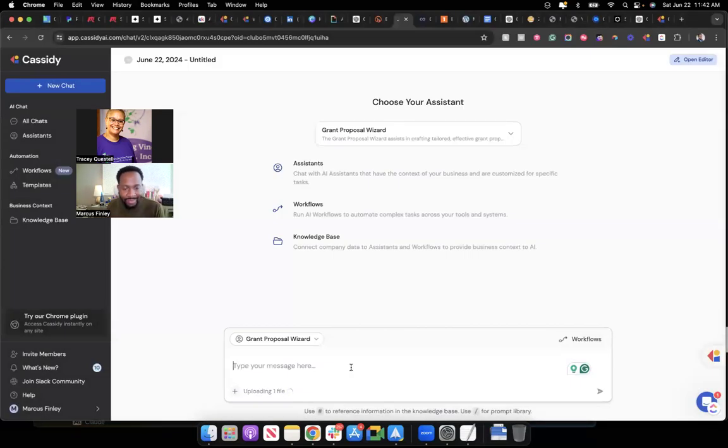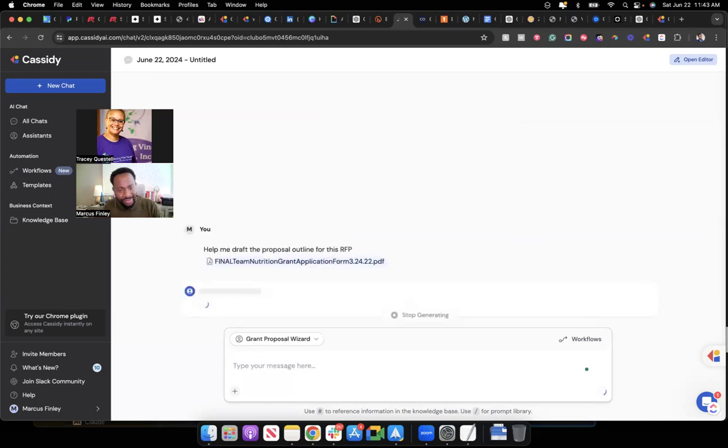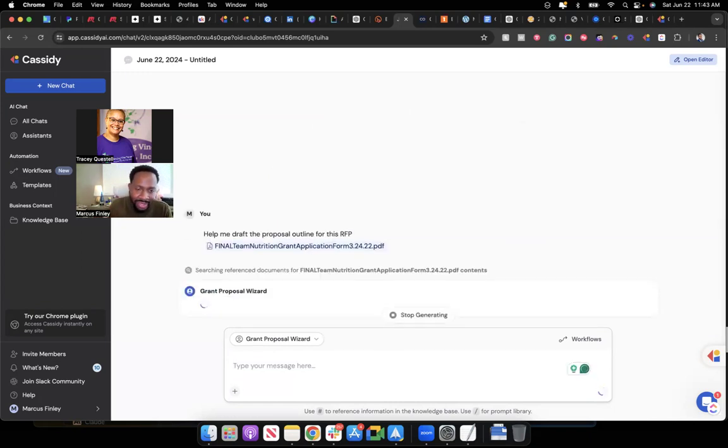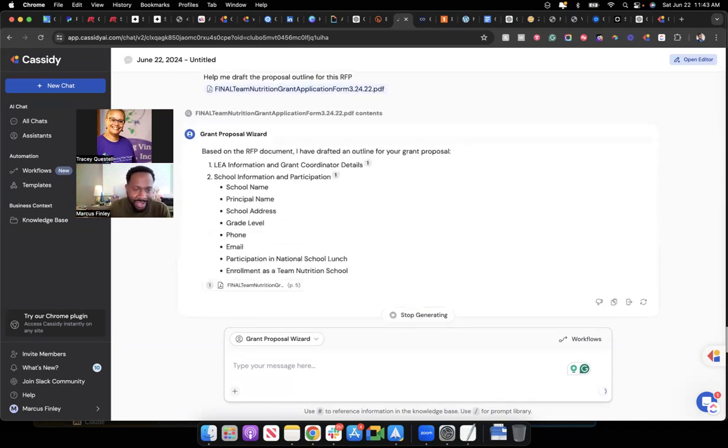And so now I have a custom assistant that's synced to all of my organization's information, its website, and I will now ask it, help me draft the proposal outline for this RFP. And so now it'll look at that RFP. It also has all this information about my organization. And so now it's going to generate the outline